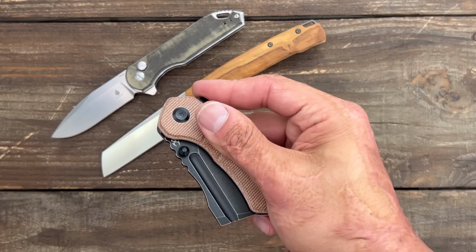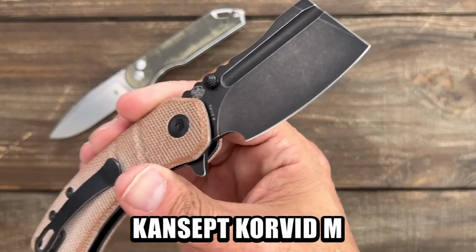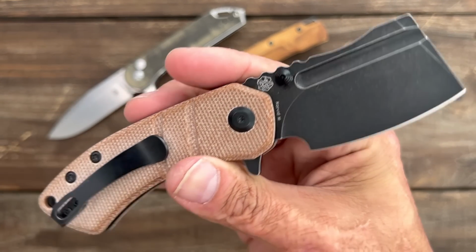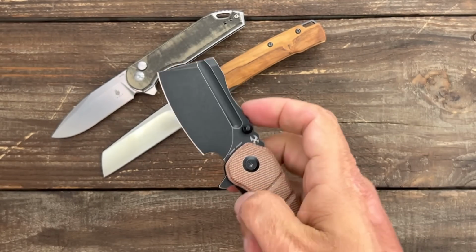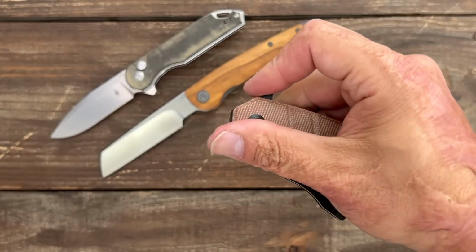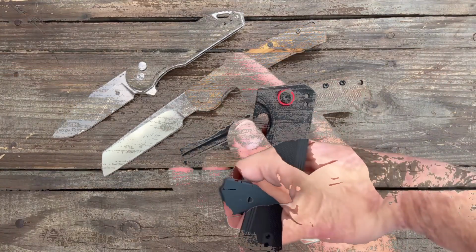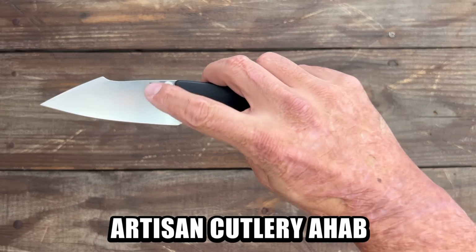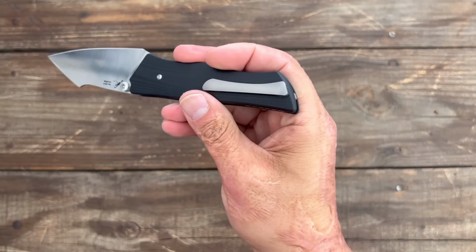And also we have the Corvid M, the Kosh Tools collaboration, nice and slicey. You can choke up on this one as well. 154CM steel, nice flipping action. This one's like close to the $70 mark too. And we have the Artisan Cutlery AHAB in AR-RPM9 stainless steel, contoured G10, very comfortable in hand,